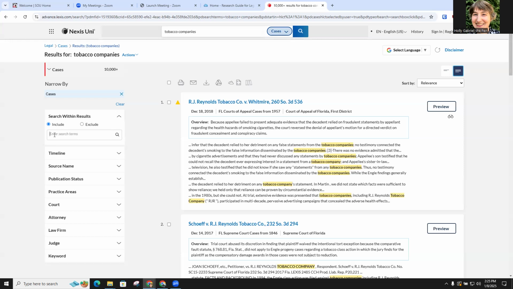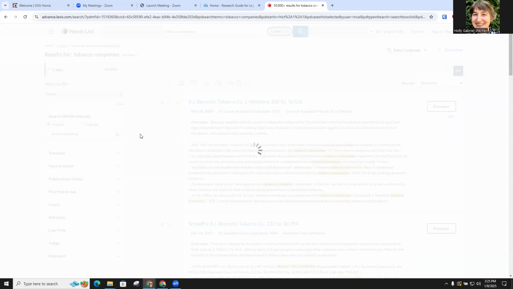I'm going to go ahead and use additional search terms. For example, I'm interested in youth marketing of tobacco companies. So on the left-hand side, I'll use an additional search term here. I'll type in youth marketing, and I'm putting that term in quotation marks so that the database searches that as one term rather than just youth in general. Now I can hit my search icon and see